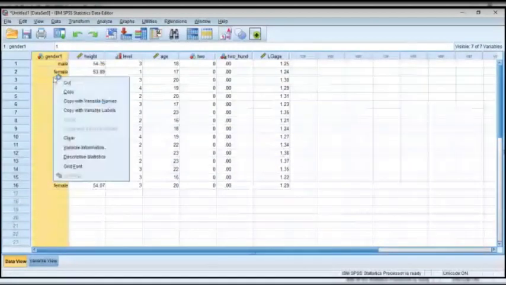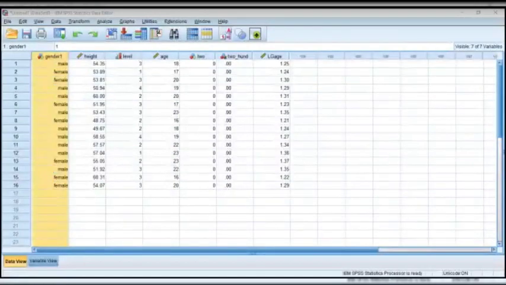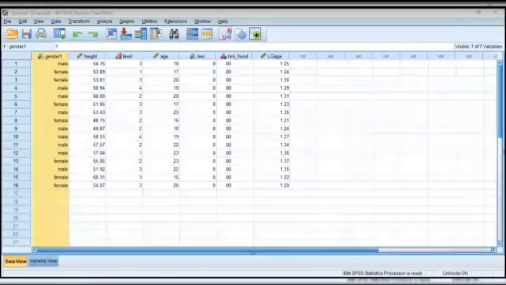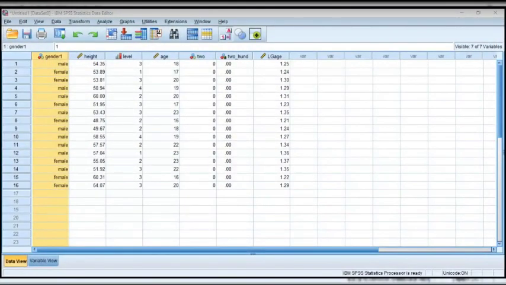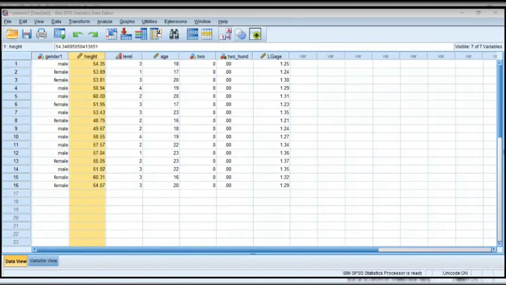Right click anywhere on the variable and click descriptive statistics, and you're going to have the output: the mean, median, standard deviation, the range, and stuff like that, just with 2 clicks. Just with 2 clicks, we have done our descriptive statistics.